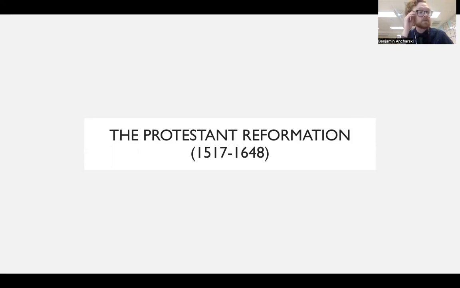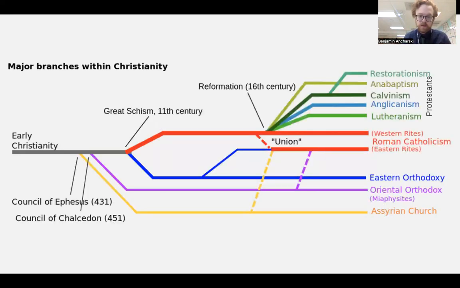It's going to be a huge change in the practice of Christianity. And we're going to see how it is changing Christianity. And spoiler alert, it's basically leading to new types of Christianity. It's important to understand that there are 3 branches of Christianity. We've discussed Catholicism in the Middle Ages and the end of the Middle Ages a little bit. And then we've also briefly looked at Orthodox Christianity.